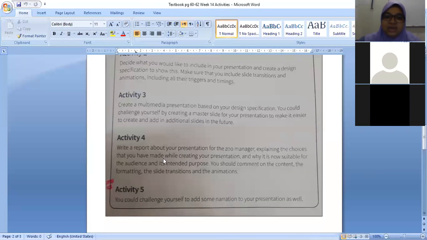Explain the choice that you have made while creating your presentation. Why is it suitable for the audience? For the audience, you should comment on the content. If you are making a report about your presentation, you are supposed to explain. You can go on Google and see the form of a report, but the main point of the report is